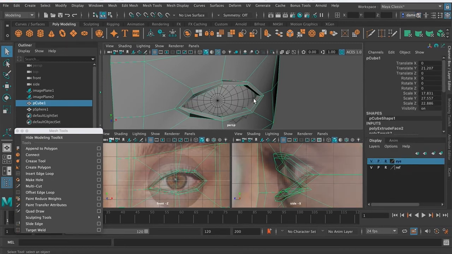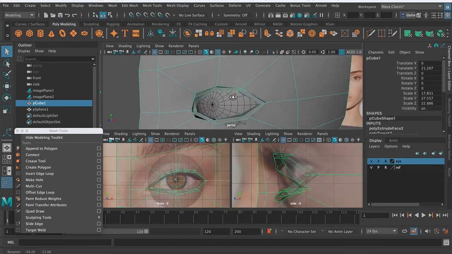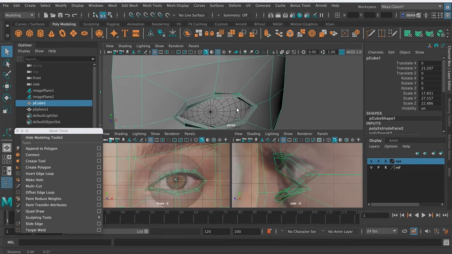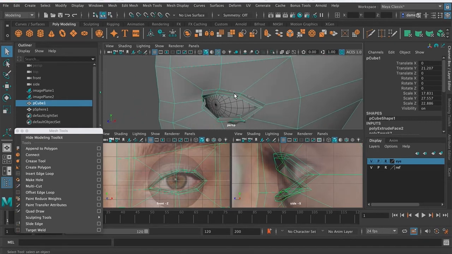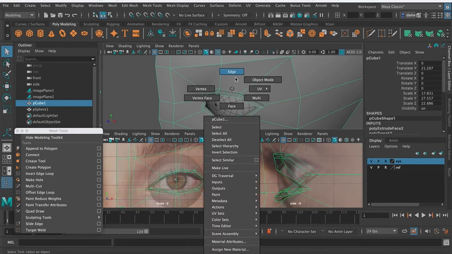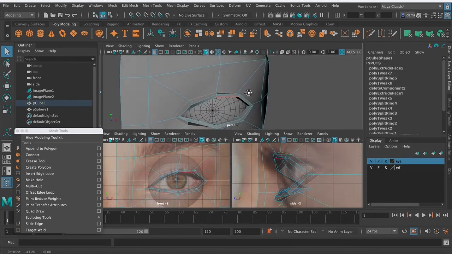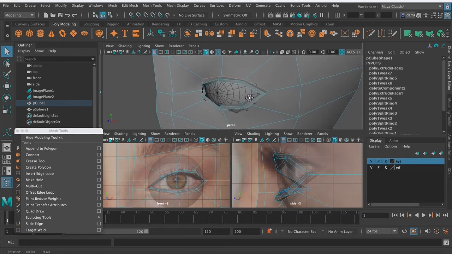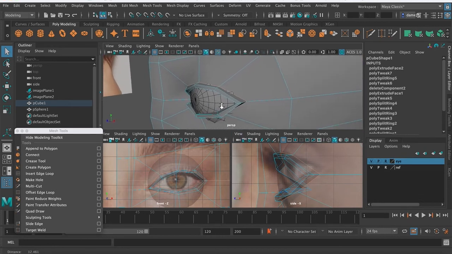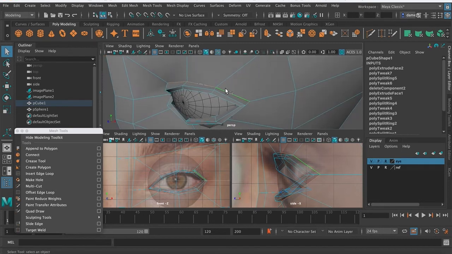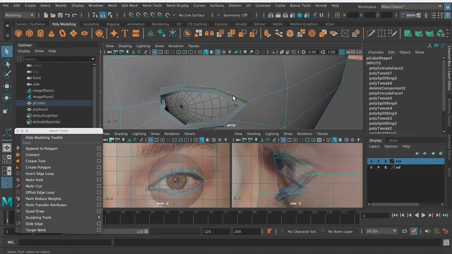I'm going to turn on the eye again. So the first thing that I like to do on this is I'm going to start on the outer edge and then this edge right here. Just make a few little adjustments on here and then move in to some of the inner edges. So this edge right here,